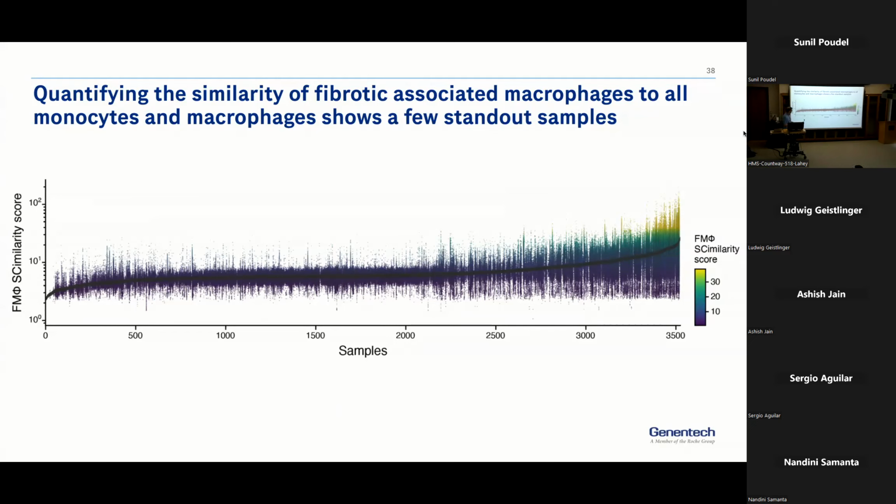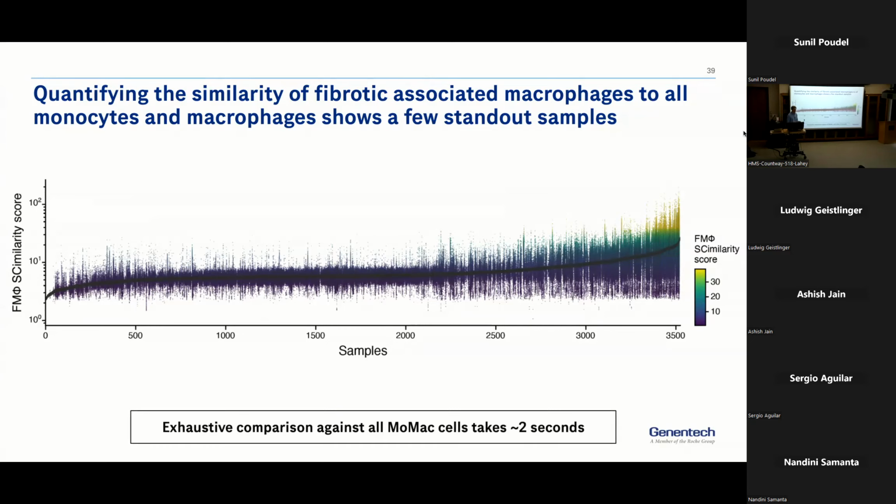The cool thing here is with all of these cells, with everything pre-computed and with this model and this representation, this comparison takes 2 seconds. So we can be doing these routinely for all different cell types. You say, oh, I actually want to include a few more cells in my fibrotic macrophage prototypical profile. No worries, we can redo that in 2 seconds. 2 seconds on what kind of machine? Your laptop? No, it takes a bit more RAM than that, but it's nothing too fancy. So probably about 64 gigs of RAM. If you have access to 64 gigs of RAM, then you can do this in 2 seconds. MacBook Pro.